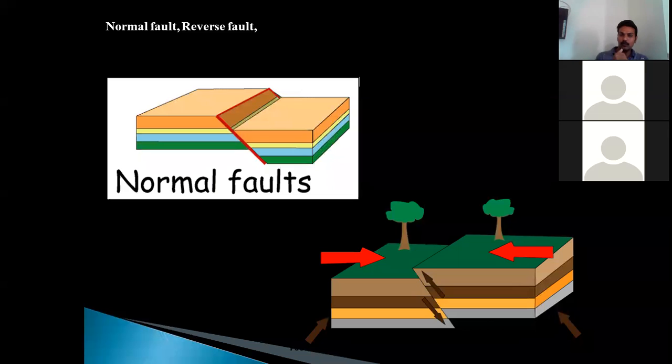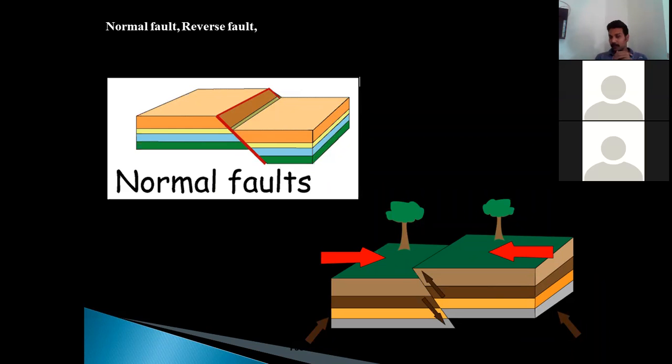Normal fault is also called a gravity fault, where the hanging wall, which lies above the fault plane, shows a lower position compared to the foot wall. Whether the foot wall went up or the hanging wall went down doesn't matter, but their apparent position should be that the hanging wall is down, whereas the foot wall is up comparatively. In that case, such a fault can be referred to as a normal fault. This fault is also called a gravity fault.